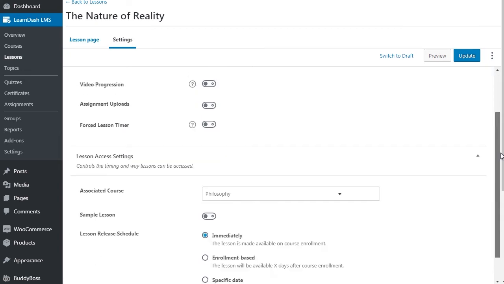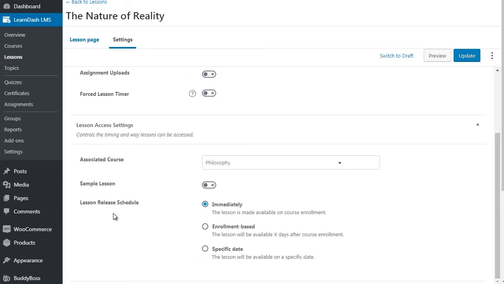And if we scroll all the way down to the bottom, it's going to say lesson release schedule. So this is the drip feed option. You can either have the lesson be made available immediately. So by default, they're all going to be made available immediately. It says here, the lesson will be available X days after course enrollment, or the lesson will be available on